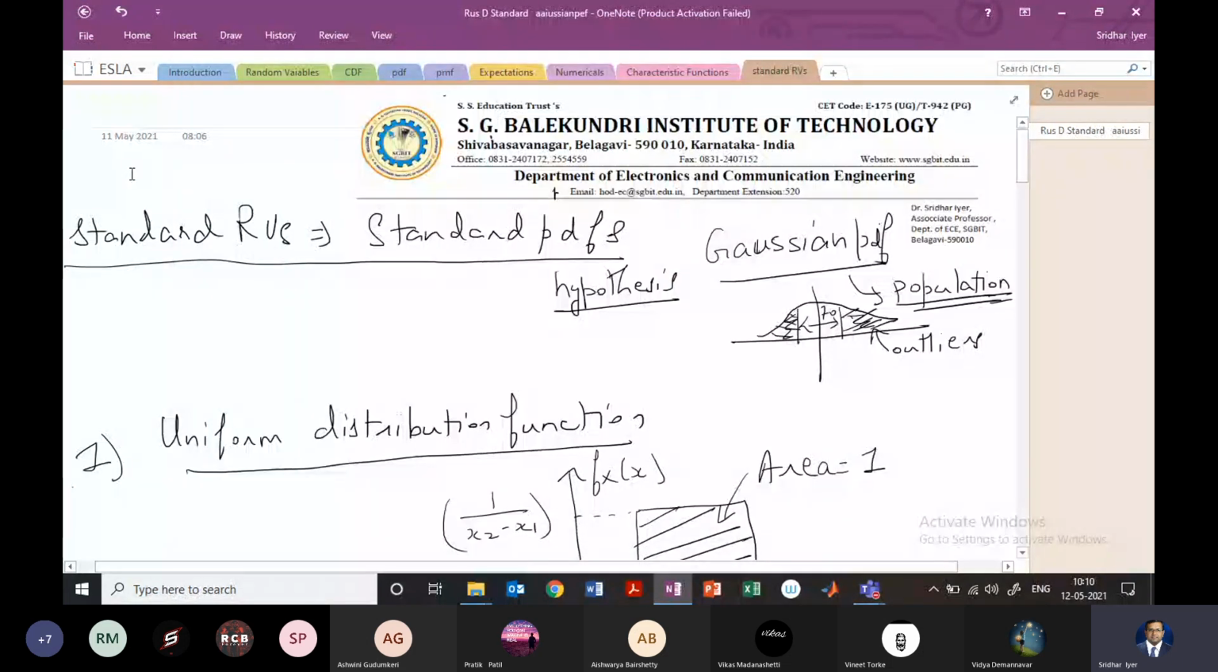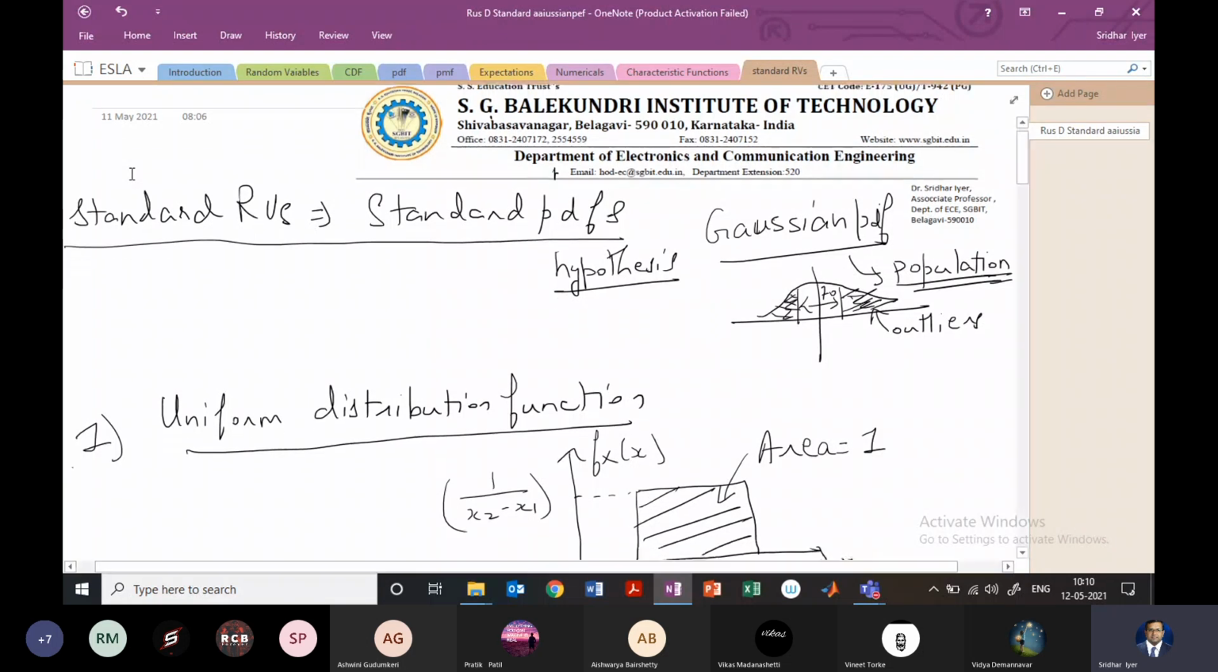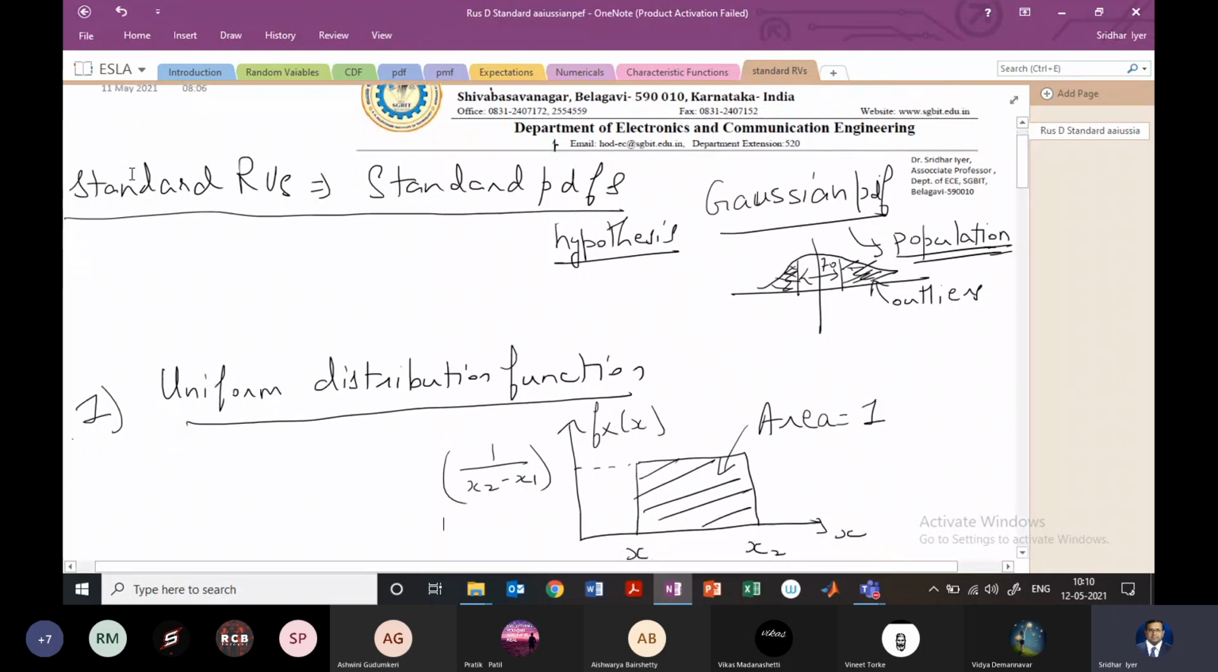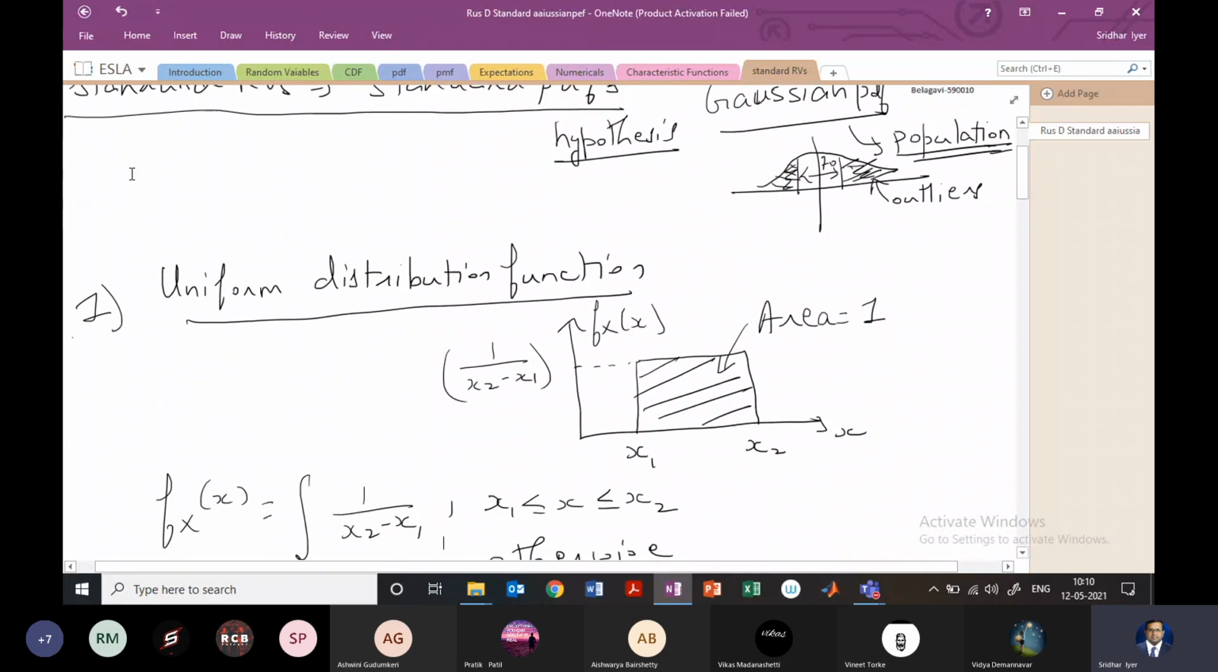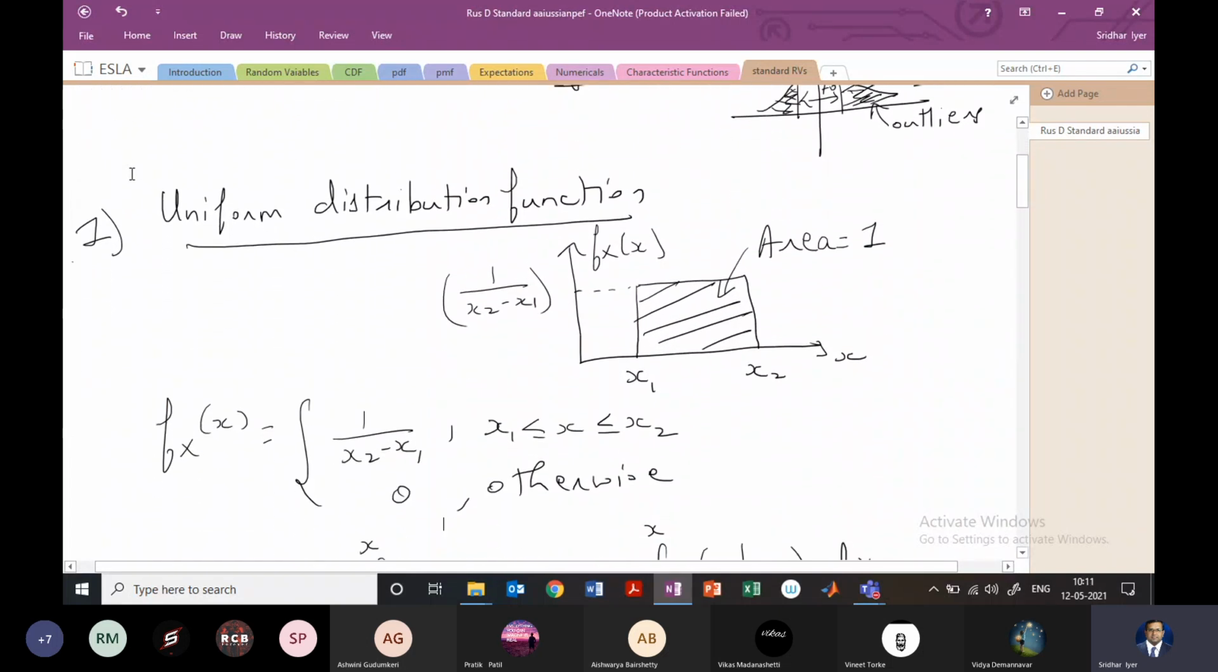So good morning, students. Let's proceed with the standard random variables which we started off yesterday. As you can see on the screen, I had explained what these standard PDFs are and gave you an example of the Gaussian PDF, which is used for population approximation of finding the population. So it is also known as hypothesis. Then we started off with the first standard random variable, which is the uniform random variable, and it lies between